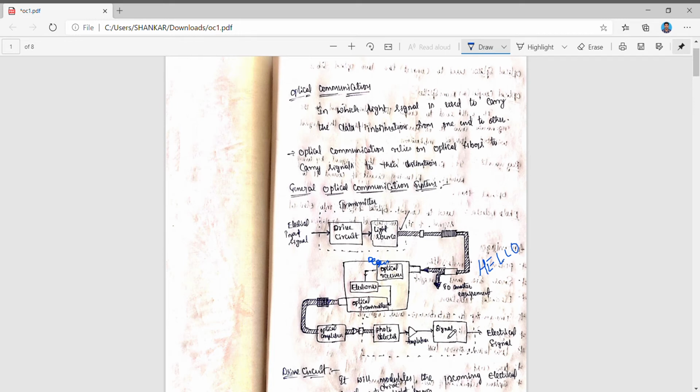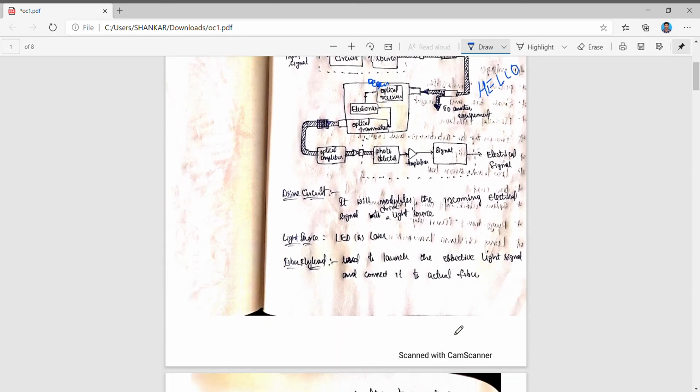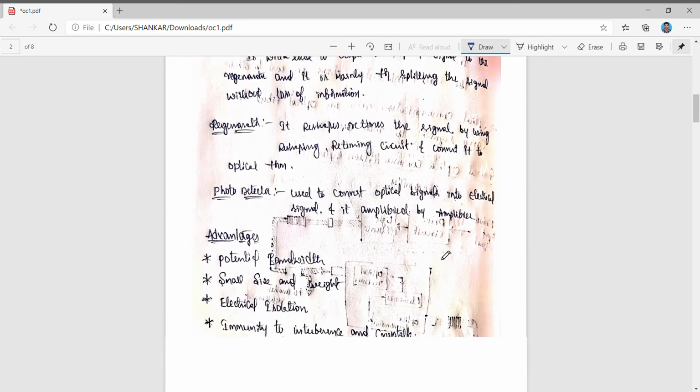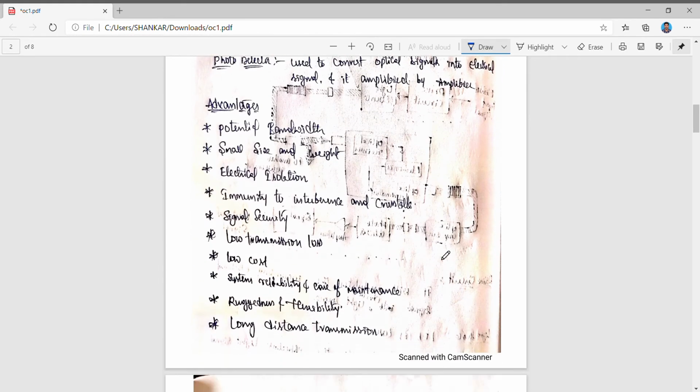So it will restore the signal to the particular time intervals. Okay, up to now we have discussed earlier, yesterday, the advantages. The advantages: bandwidth. The optical communication system has a large bandwidth, in the range of terahertz, and the size of the fiber cables is very small as compared to conventional electronic devices, in the micron size.